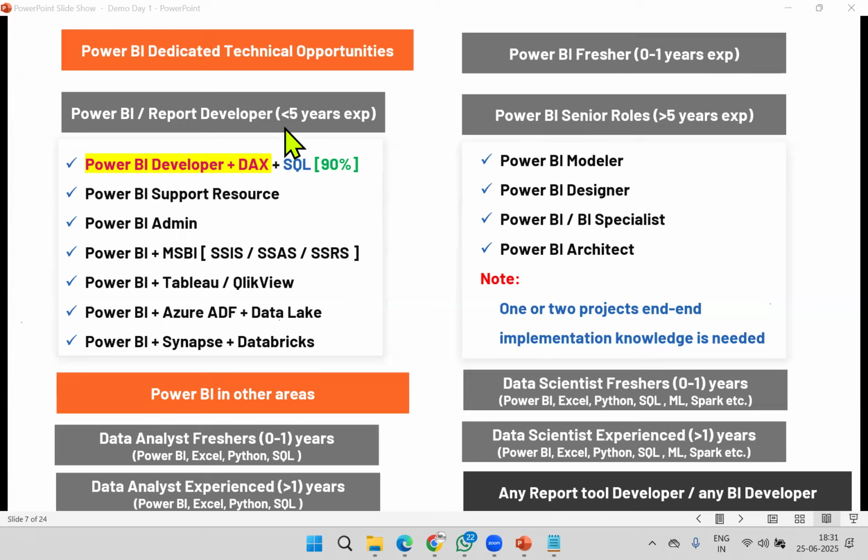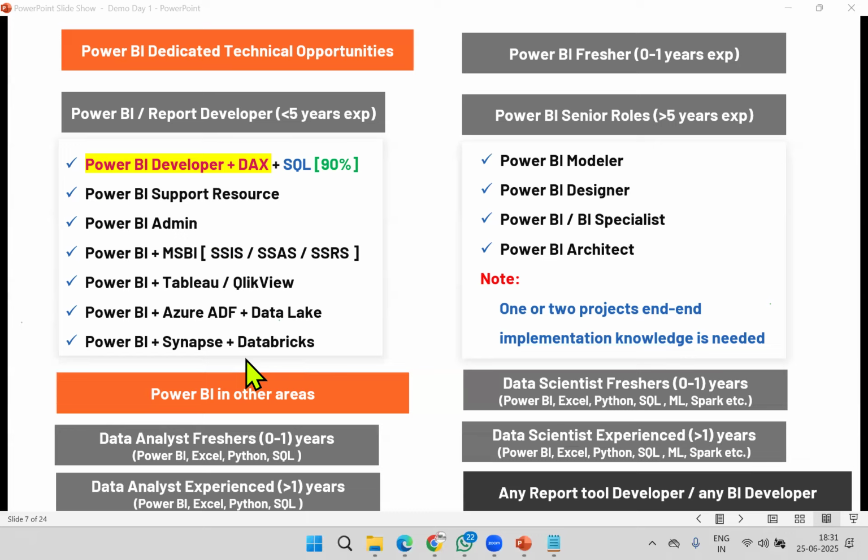And experience you want to keep below 5 years. Report developer or Power BI developer. And here we have DAX, a language, so learn both, or simply Power BI learn, and SQL also learn and try. 90% opportunities on this. Or you can try as a support resource, admin resource, or combinations also.